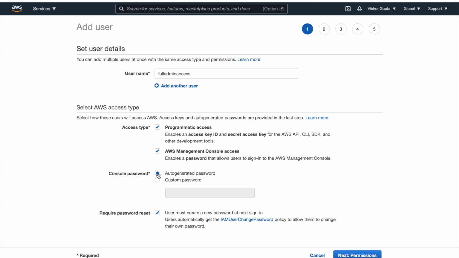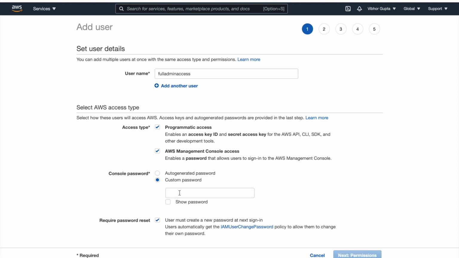We have auto-generated password and custom password. If you are creating this account for someone else, like your developer or your QA, it is a best practice to choose auto-generated password and AWS will send them an email notification. Since we are creating this account for ourselves, we will choose custom password. Enter a safe password over here.